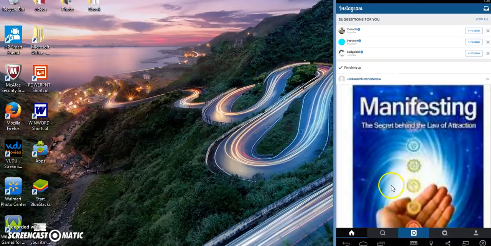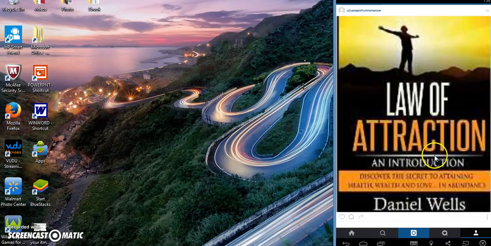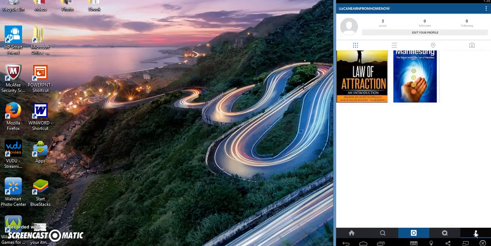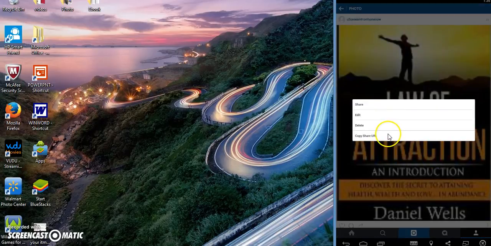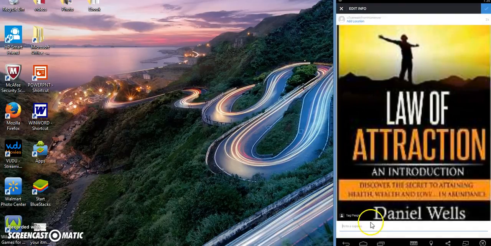Okay, so now we're back over here. Okay, we didn't add our description in here, so all you need to do is go to your little icon on the bottom. You would click on the image, and if you click on the image, you're going to see these little dots down here. You just click on the little dots, and we're going to edit it. Okay, so right here at the bottom is where the caption is, and I can say,